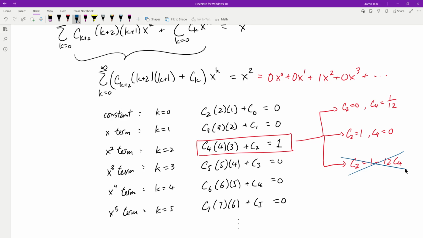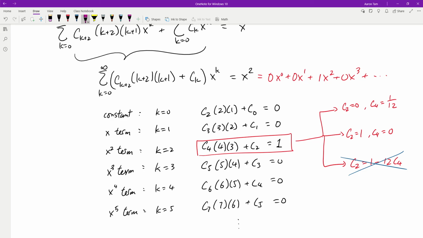So now what happened to the other two scenarios? Well, then what we have to do is look at, if I choose c sub 4 to be a number versus choosing c sub 2 to be a number while the other is 0, which one would have a longer or more lasting impact in our solution? And we want to do one that does not have a lasting impact. So here, if I look at this correctly, if I do make c sub 4 to be 1/12,